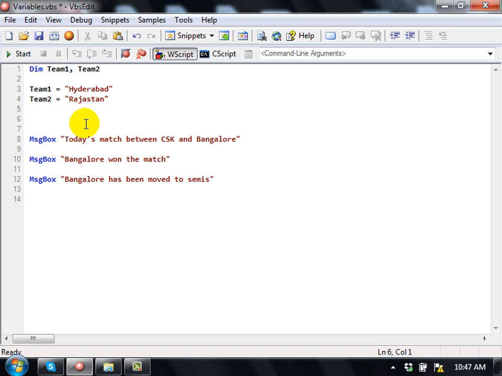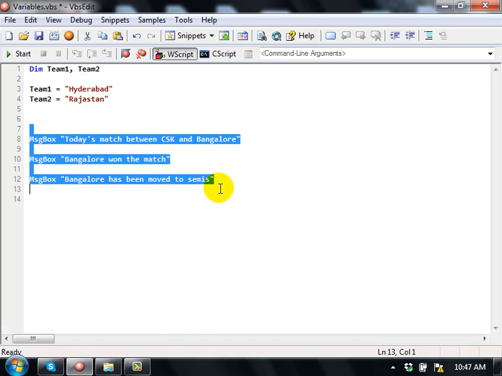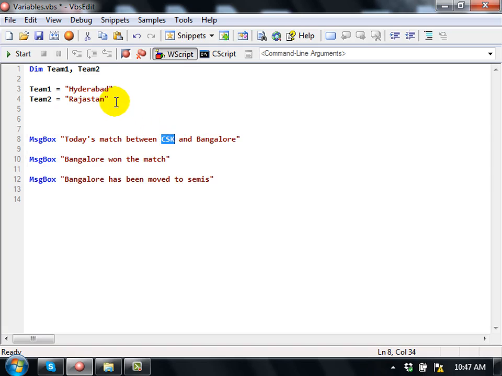Okay, so I'm just giving team1 and team2. Now whatever values I have given for team1 and team2, the same values should be taken in this particular program. Instead of CSK, Hyderabad has come, and instead of Bangalore, Rajasthan has come. So I don't want to pass the values directly here now,